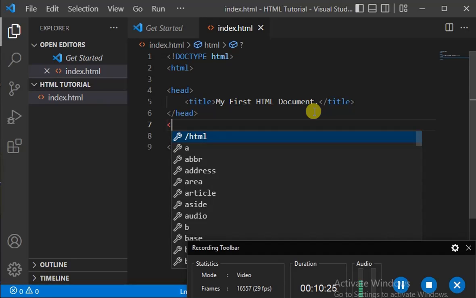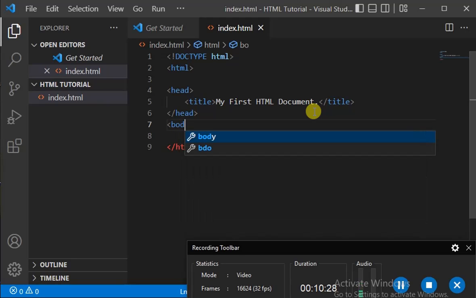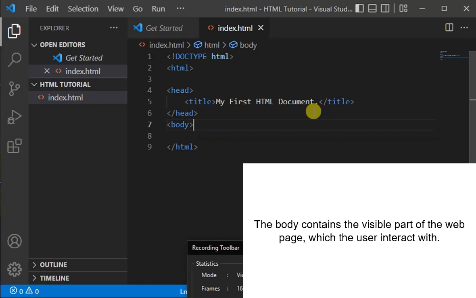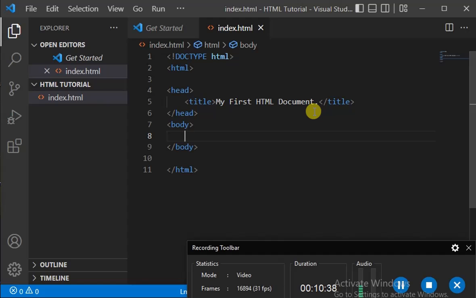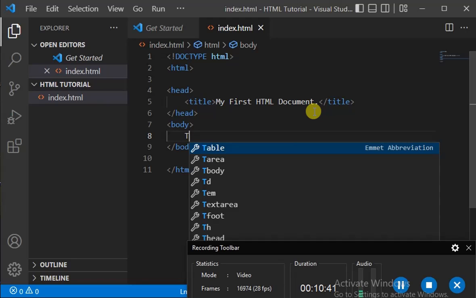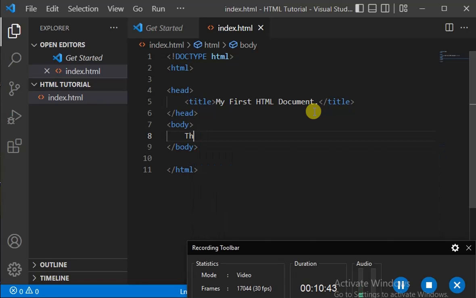The next tag I'll be talking about is the body tag. The body tag contains everything about the document. Let me say, for instance, this is the body of this file. If we go back to our browser now,